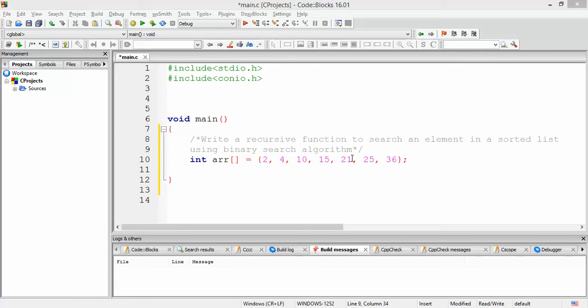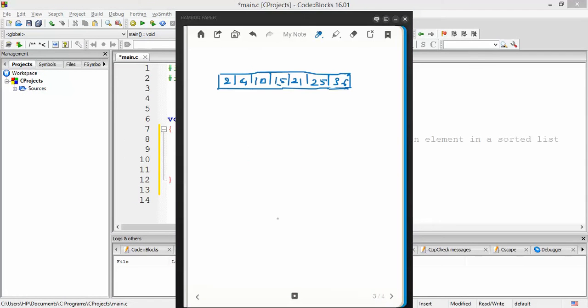Before writing the function, let us first discuss the binary search algorithm a little bit, and then we'll go for writing the code. So let me take you to my notes. Here is a sorted list: 2, 4, 10, 15, 21, 25, 36. Binary search is applied this way: we compare the search element. Let's say the search element is 10,